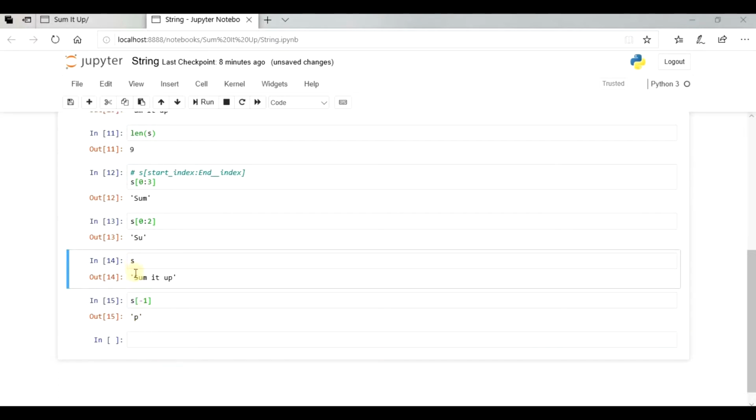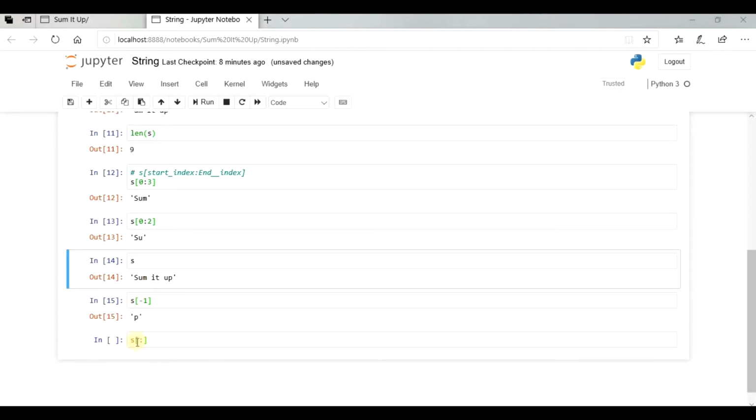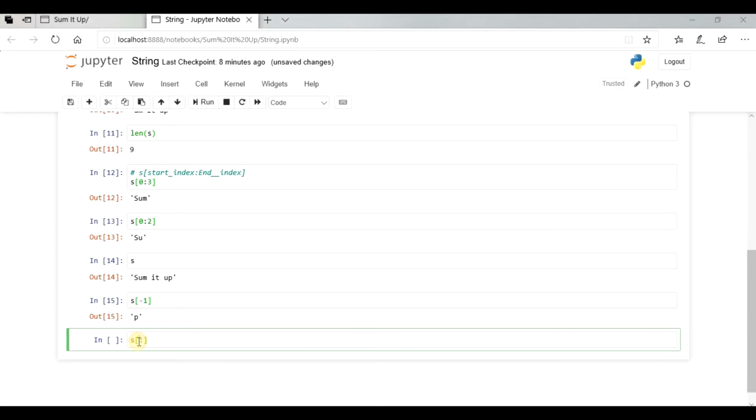Say for example, now if you want to print everything up to U and you don't want to print the last letter, you can simply write S square brackets colon. You want to grab everything from the first index, that is the 0th index, so we don't need to give anything here, or else you can put 0. Even if you don't put 0, it will accept it.